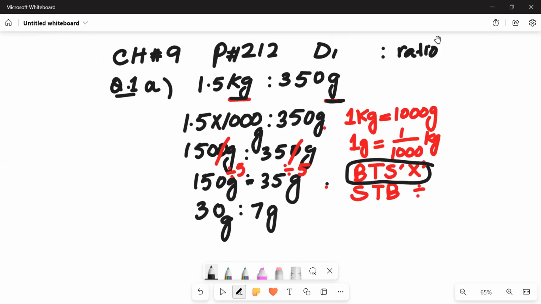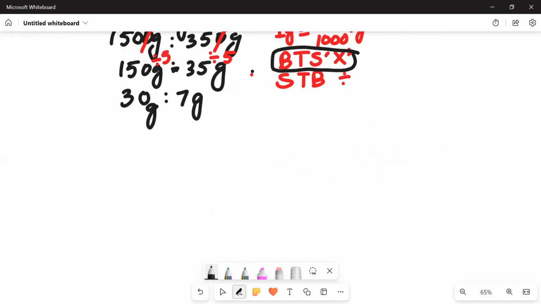So first of all, we have to check whether both quantities are in the same measurements, in the same quantities, then we will further continue and simplify. If they are not, then we convert one quantity to the other quantity and then simplify this. Okay, so its B part is